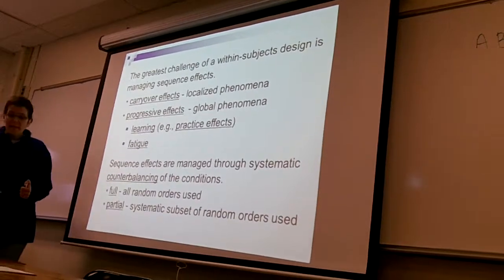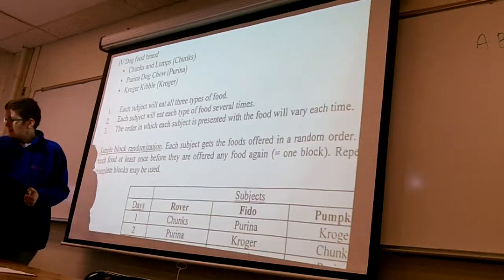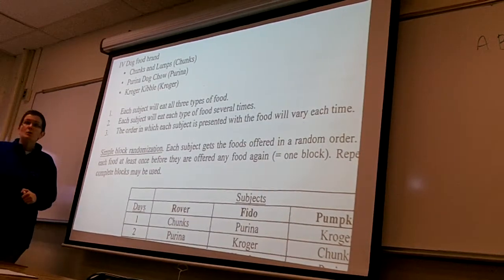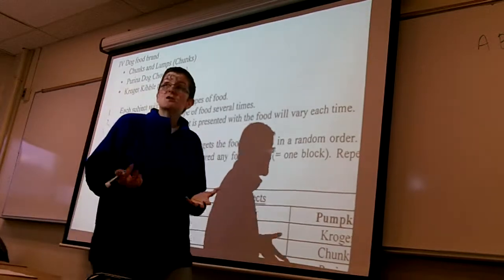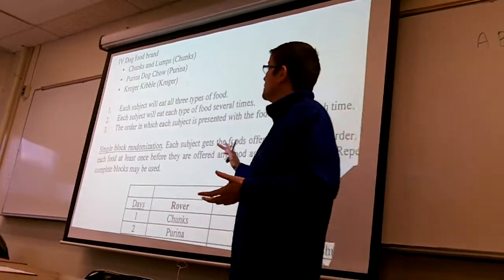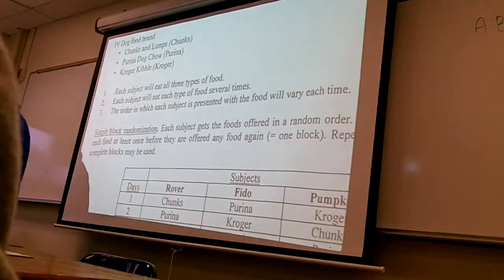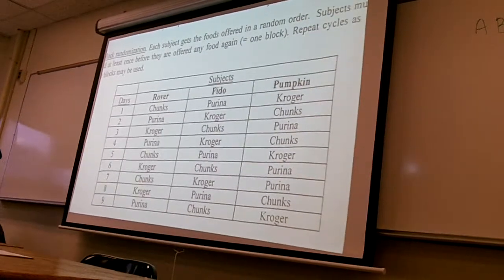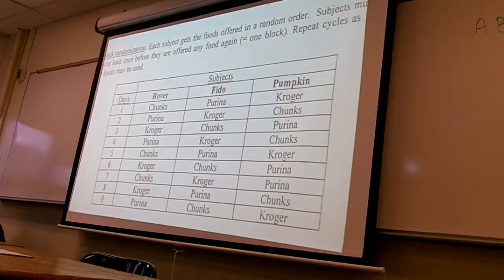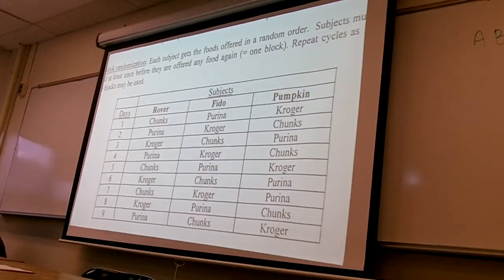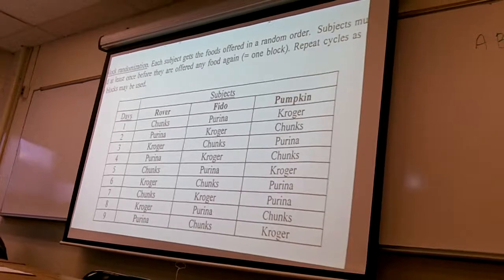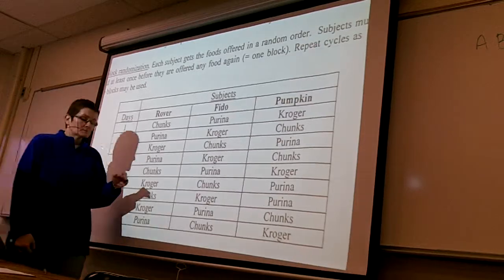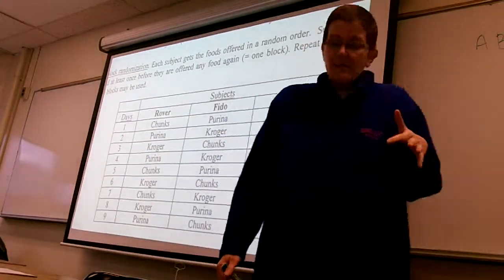So if we go back to this handout now, right now we've got a complete design, where we're going to present our dogs with these different foods. Well, one thing I can do is use block randomization, and I can take 3 dogs over some number of days, and feed them the foods in different orders using blocks. For example, on the first day, I've got 3 dogs coming in, I'm going